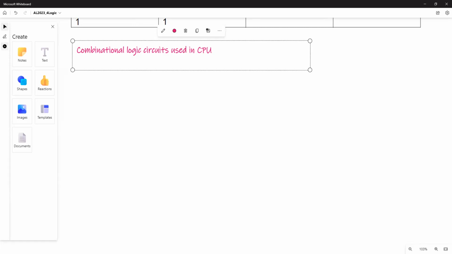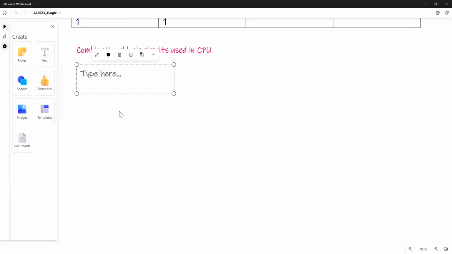Right. So under that, what I'm going to look at is what is inside, and then we are going to look at how we can use this, right? Now, first of all, we'll write down what a combinational circuit is, right? So we'll start with that one. So combinational circuit means